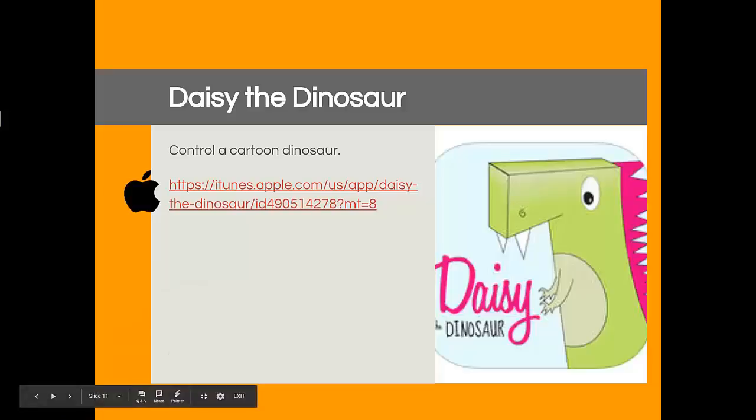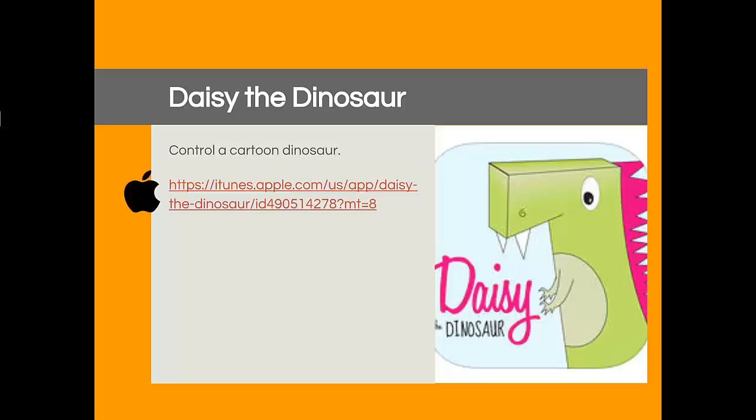And the first one of these coding apps is a fun little one called Daisy the Dinosaur. And as it says up here, it's simply to control a cartoon dinosaur. This is really used as an introduction to coding and the logic that goes with coding. When you get into Daisy the Dinosaur, there are two modes. There's a free play mode and a challenge mode. I recommend that we start students with the challenge mode, which gives the students progressively more difficult tasks to complete. And now I say that they're still very, very simple tasks.